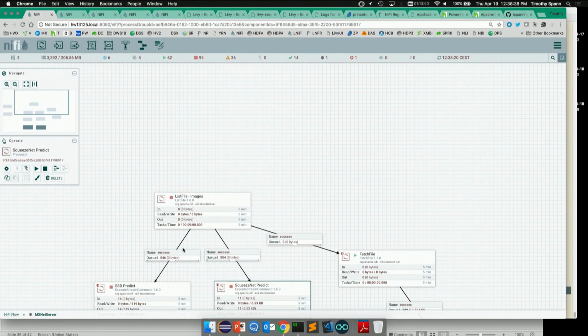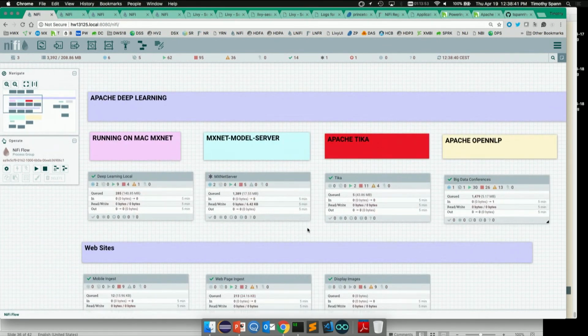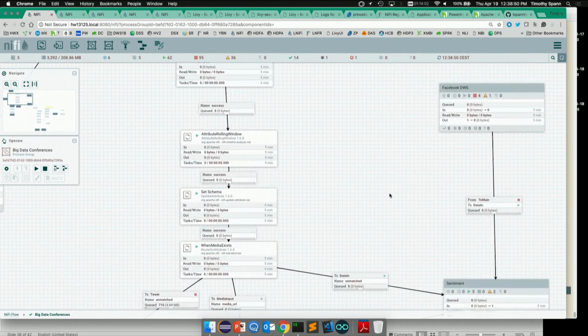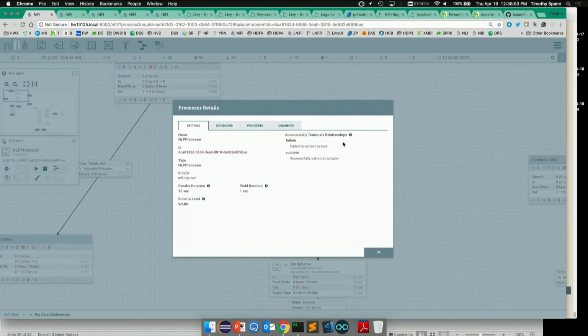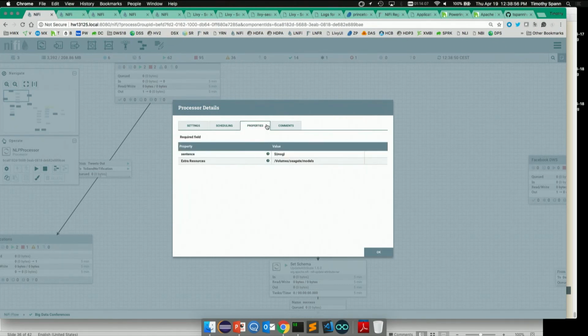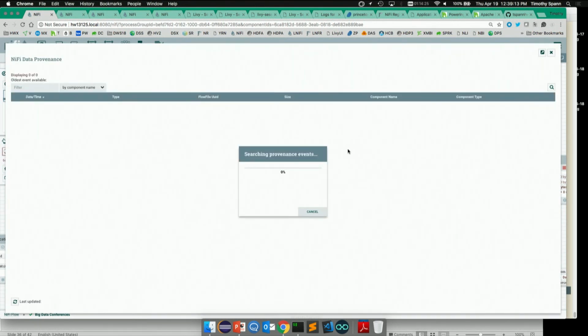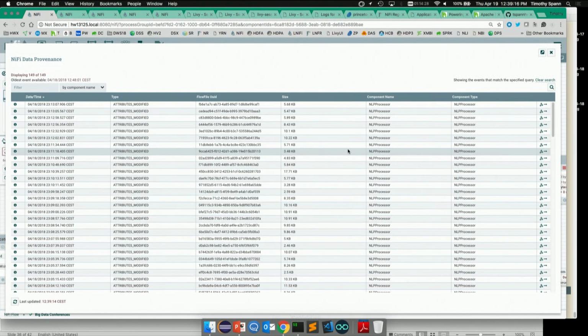This one, I'm going to save this data here, maybe for the next talk. Maybe I'll feed it some very simple pictures. Maybe that's a good idea for a demo, feed it really simple pictures. But I didn't want to do that. So this is my NLP processor. You have to download some models. Again, that's going to be very familiar to you for anything else. Download some models, put them in a directory, and I'm going to reference it. I'm taking the message from a tweet, and I'm going to try to see if I can get some valuable information on it. If you've ever looked at Twitter data, you'll find out there's very little good information in Twitter data, but you might find some if you're lucky.